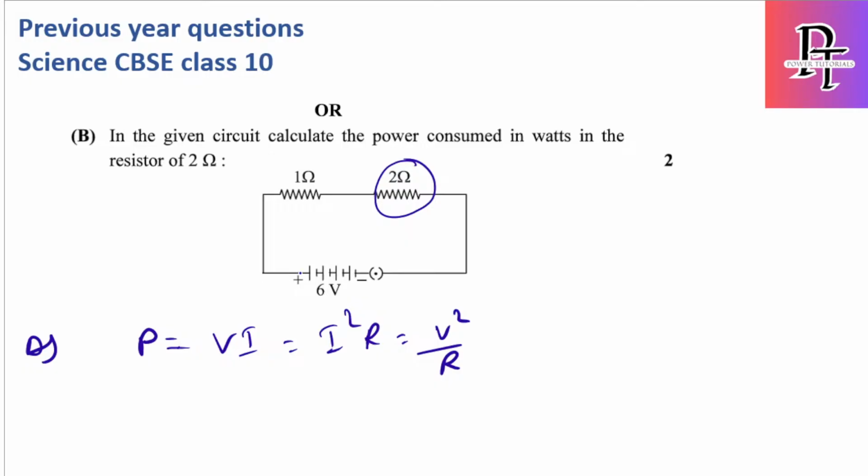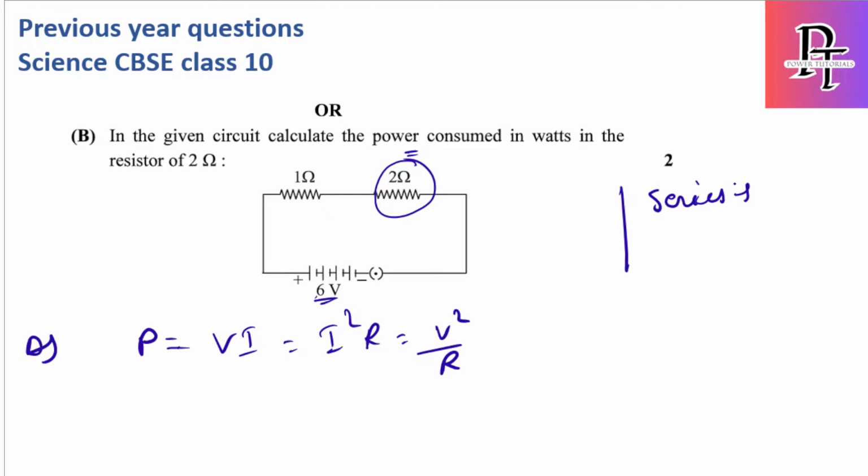But here, we have voltage and we have resistance, but this is a series resistance. Series in the sense that the voltage will not be the same. If it is in parallel, then definitely I can directly go with the 6 volts, I mean the V square by R formula, and get the answer. But this is a series circuit. So always remember, for a series circuit, to calculate power,